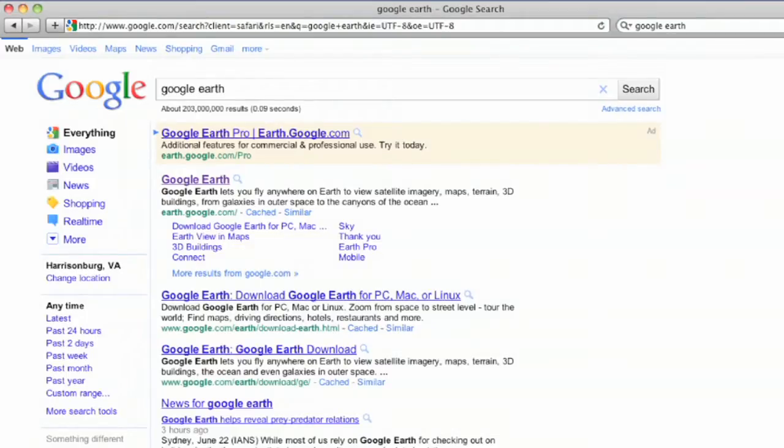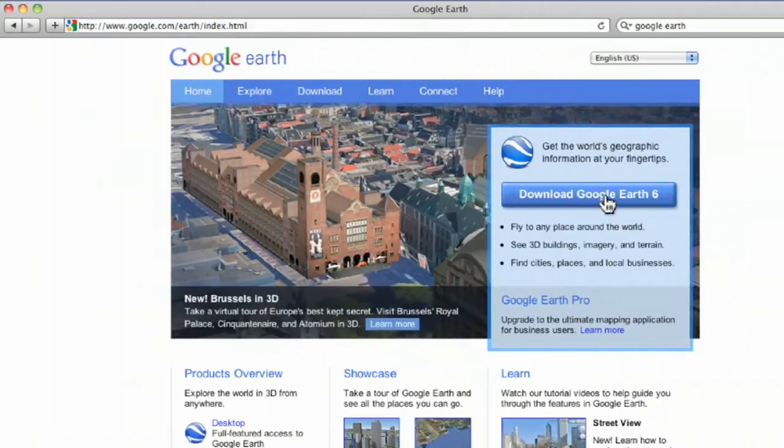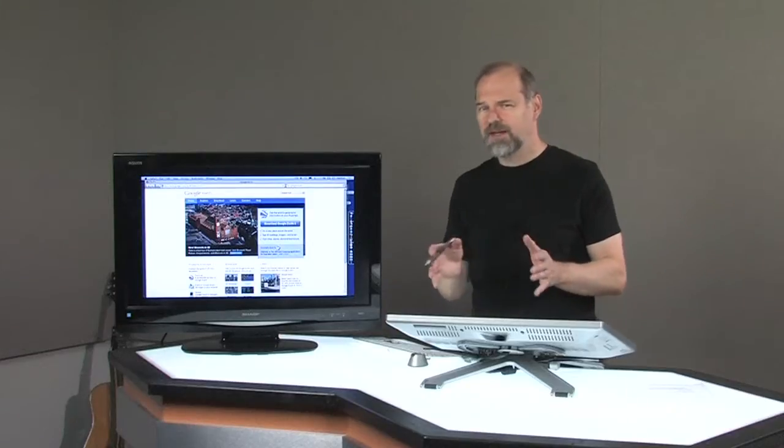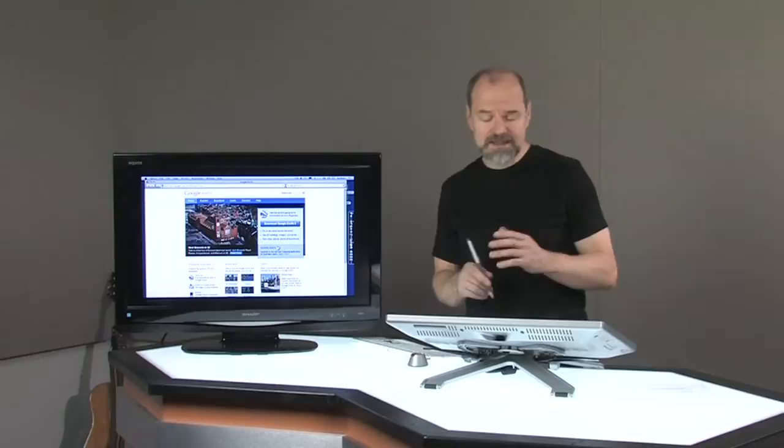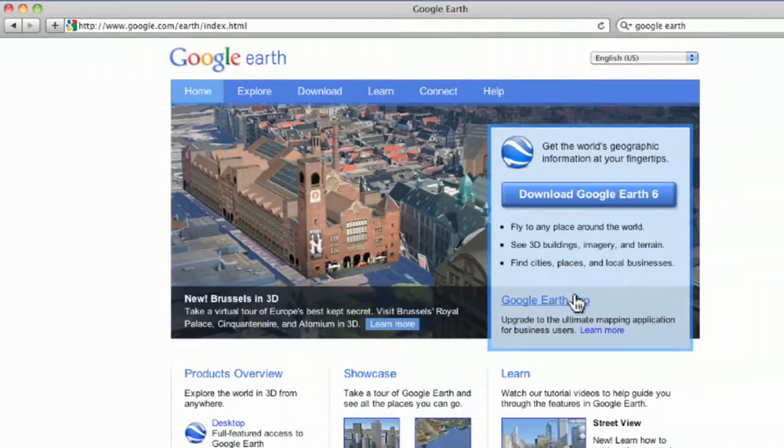So basically you just do a search in Google for Google Earth, and it's right there. It's the first one. You just click on that, and you'll see a Download Google Earth button right there, and you can download it for your program. It's absolutely free. The pro version gives you some additional features. That is expensive. You do have to pay for that. But with the free version, you can do a lot of things and access a lot of content and even create some content. So basically you download that, you install it on your computer, and